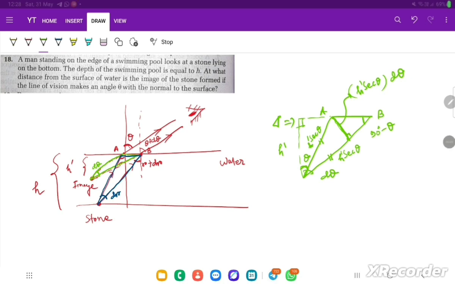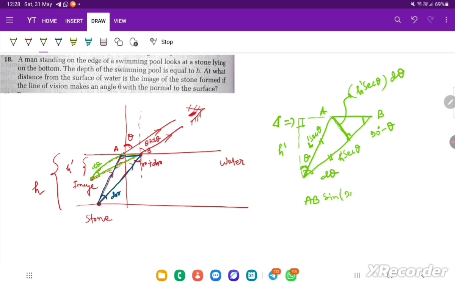Yeah, so you might argue that angle B should be written as 90 degrees minus theta plus d theta. I mean, if you consider this bigger right-angled triangle, this angle is 90, this angle is theta plus d theta, so this should be 90 degrees minus theta plus d theta. But it's nearly the same, so we can write this as 90 degrees minus theta only. Okay, so now you can relate that AB